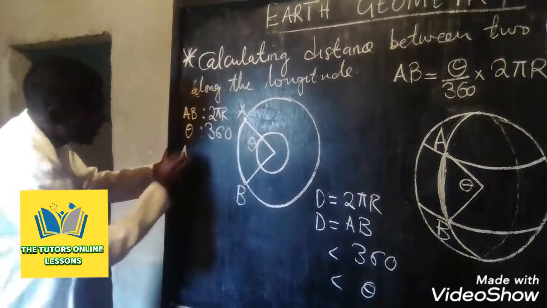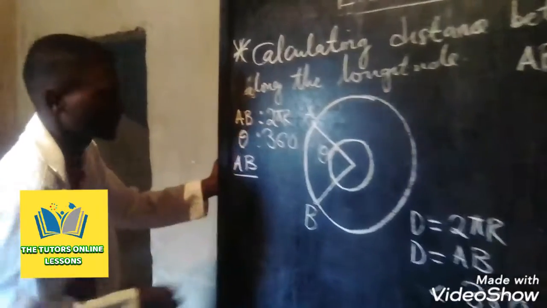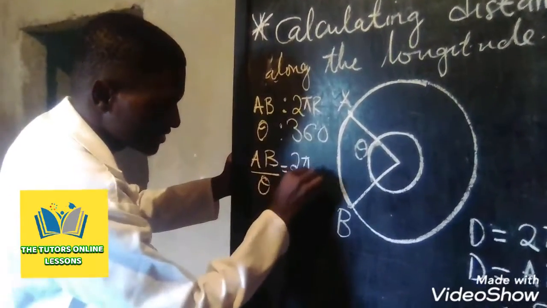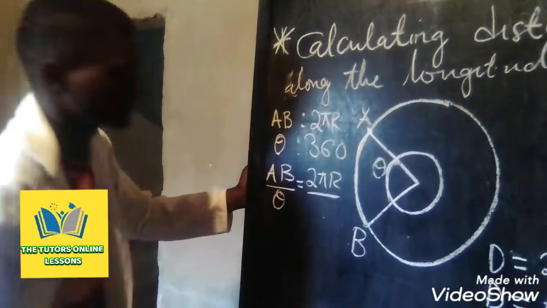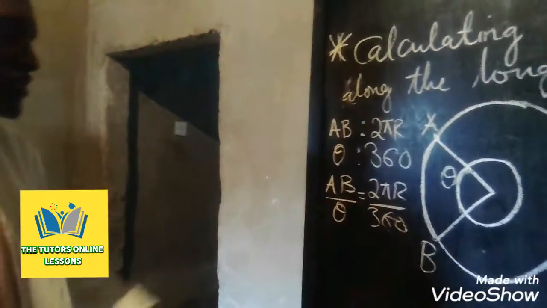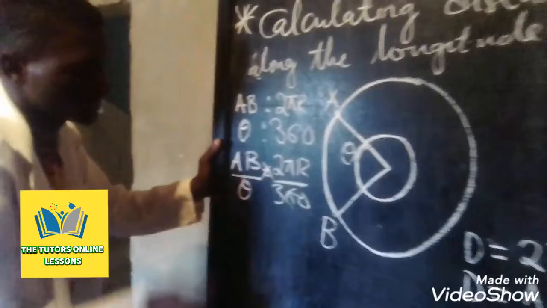So we can say AB over theta is equal to 2 pi r over 360. So now our aim is to find what? AB. Let us multiply here. So get